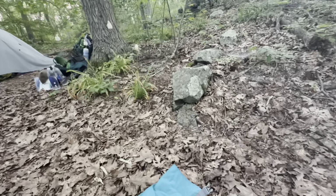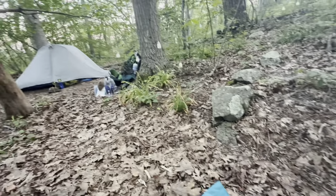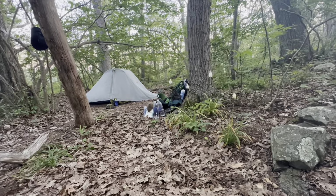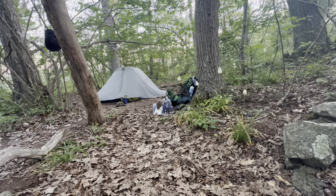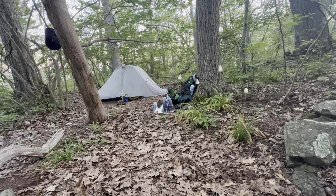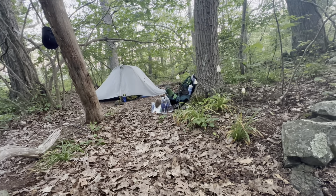We're on day 7. Today's target is bird's nest number 3. It's about 13 miles away. Otis is in there still sleeping. I'm going to get him up and moving here shortly, so we can get all packed up and get on